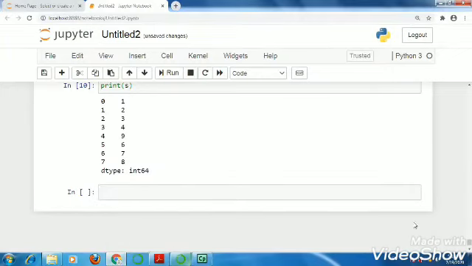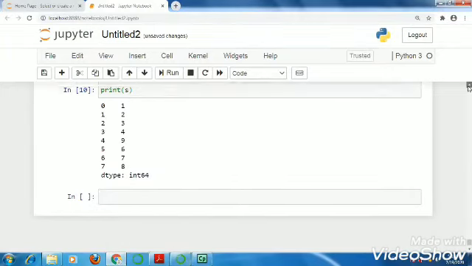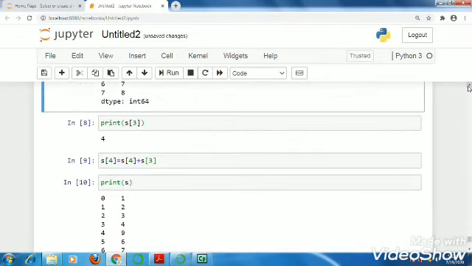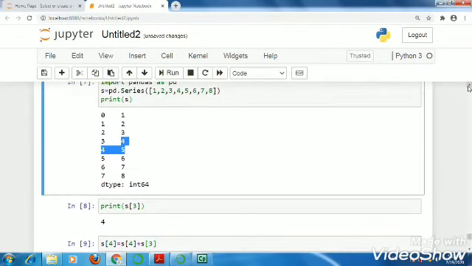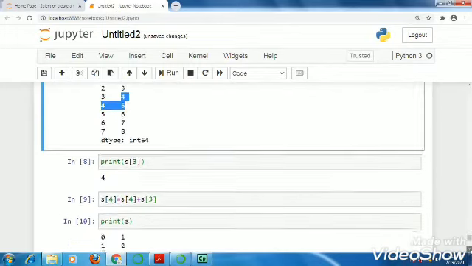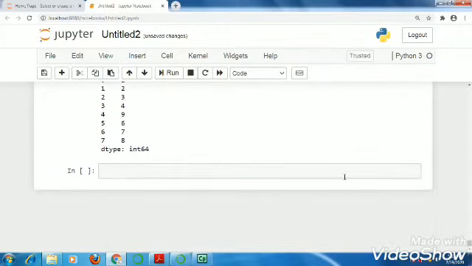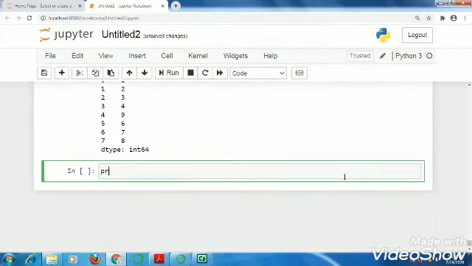Suppose I want to display the places where the value of the series is less than 5. So what should I write? I'll write print, inside brackets, s less than 5.